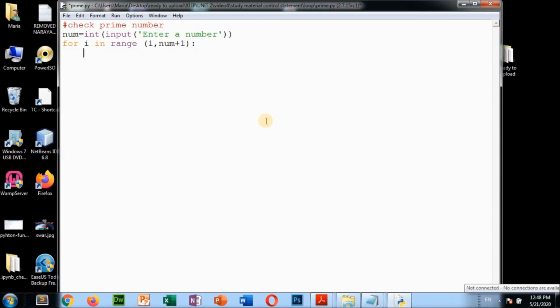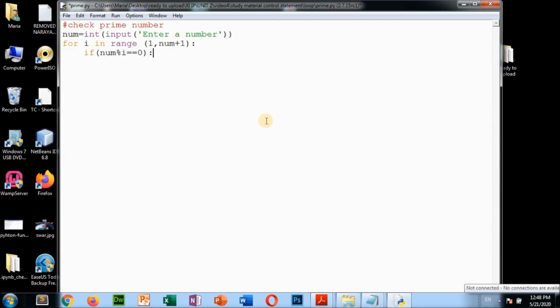After that you are going to check the prime number. Now here you are going to divide. Your given number is in num. So you give a conditional statement here, if num mod i, you are going to divide this num by i. The value of i is 1, again it is 2, again 3, again 4, again 5. So num, that means 5, you are dividing by 1, is equal to 0. You are checking the remainder here. Modular division you are giving here.